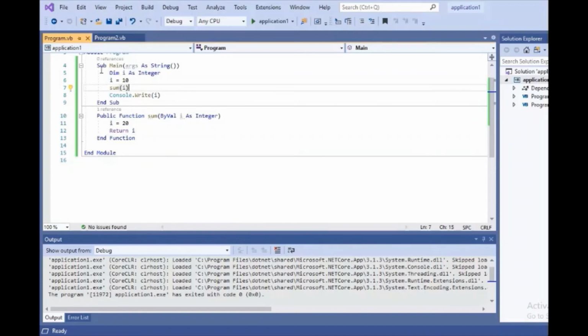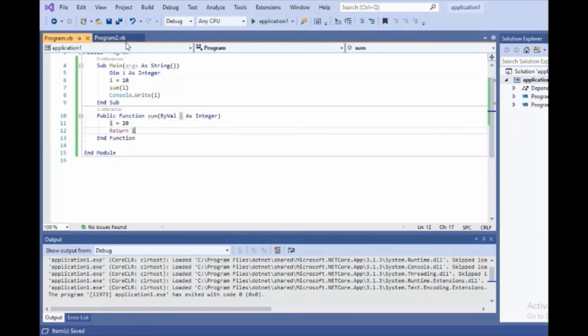I am calling it from Sub Main, with i as integer initialized to 10, and I'm calling the function sum with i. When I call it, the value of i is updated to 20, but because I have passed this variable by val, that is by value, the value here won't be changed. When I print Console.Write i here, 10 would be printed, 20 will not be printed.